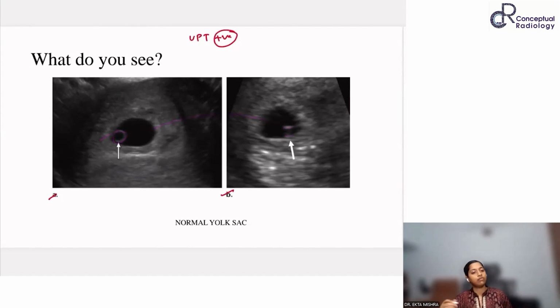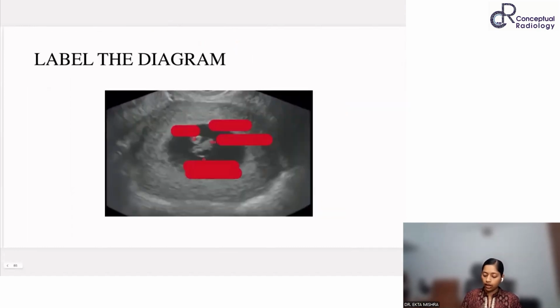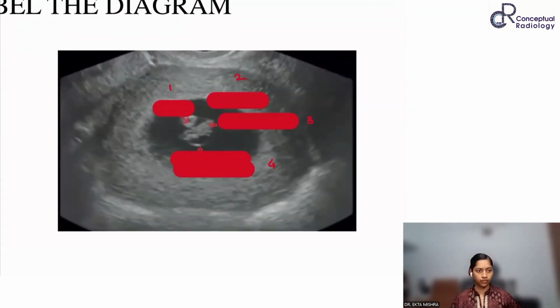good rounded cystic structure, which is yolk sac. So both are yolk sac. It's just about the development. So it has started developing here. So it appears like two parallel echogenic lines, and then it becomes a round cystic structure. So yolk sac. Okay. Now I have, so one, okay, fetal pole, you could say,